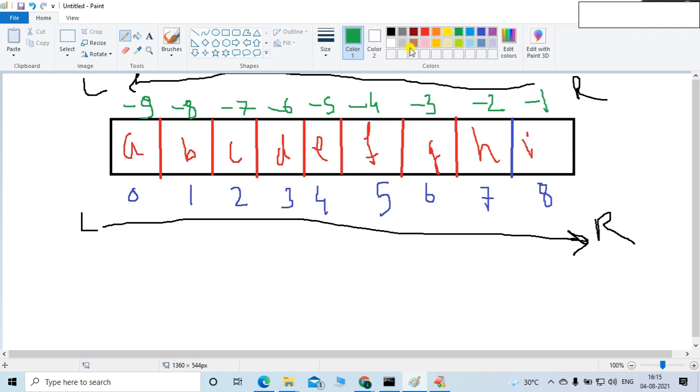I want B, C, D part. Friends, what part do I want? Listen carefully. B, C, D, that part I want. This is the total string, but I want B, C, D. How can I get it? Very simple, friends.